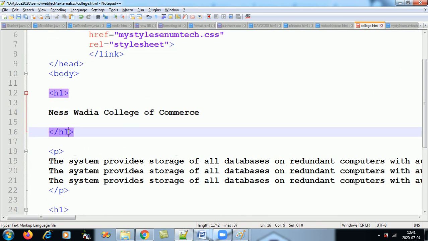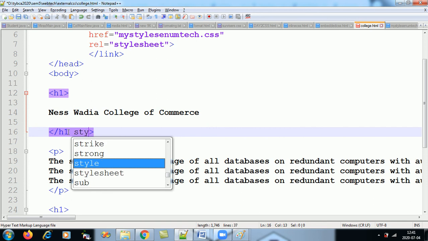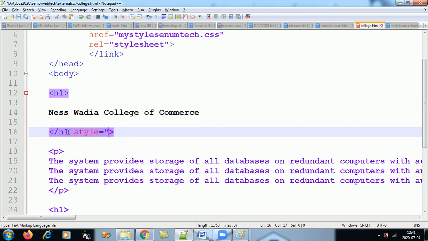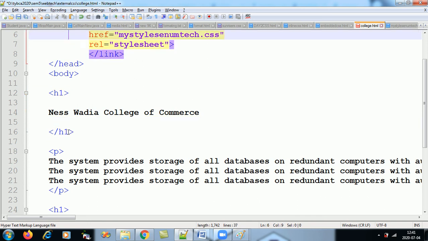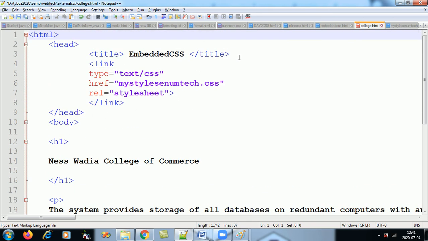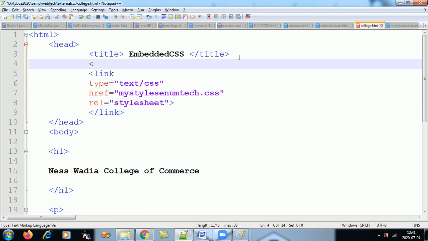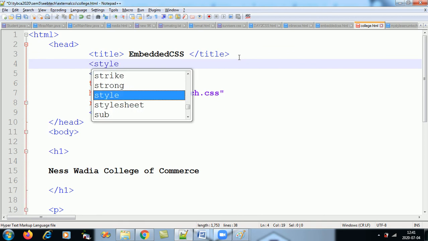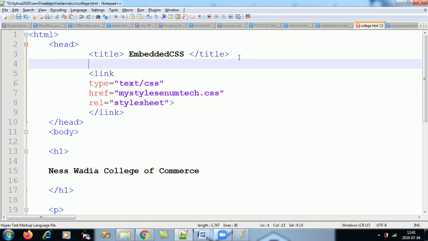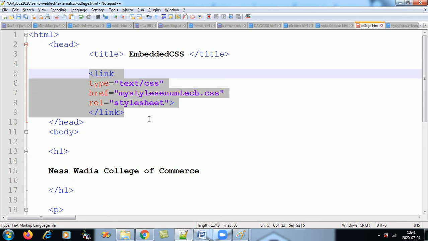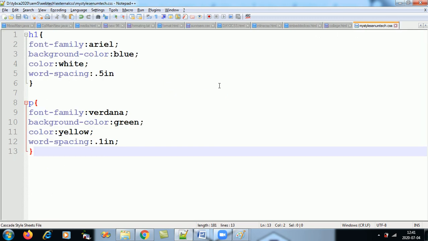If I was giving it over here, style equals to whatever, that was inline CSS, right? When I was giving it in the head within the style tag, that was embedded CSS. Now I am just making a CSS file extra and linking that file over here. So this page will take its effect from this. Okay.